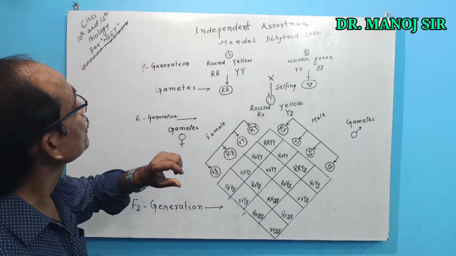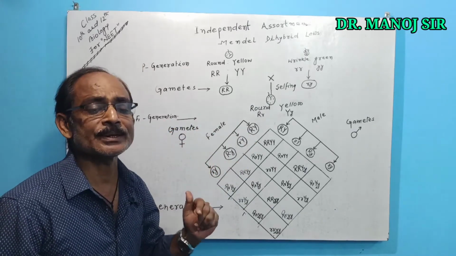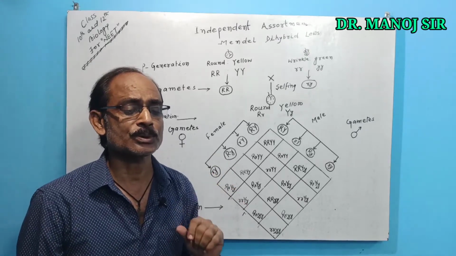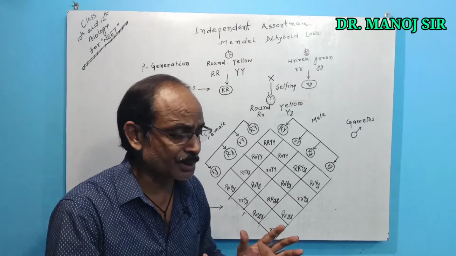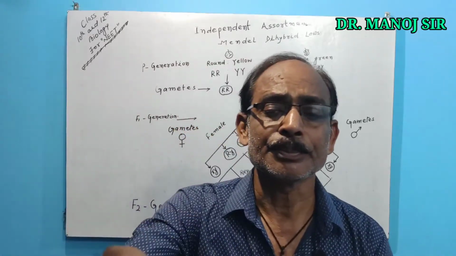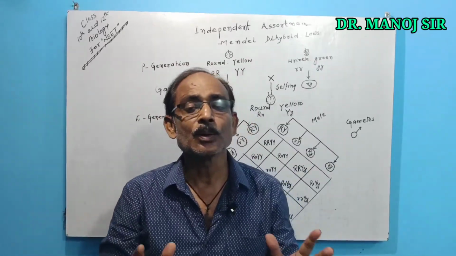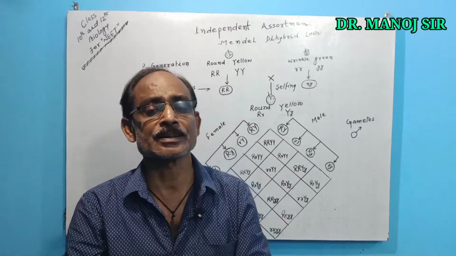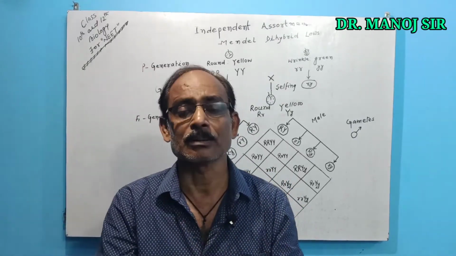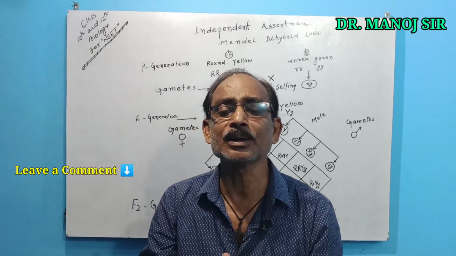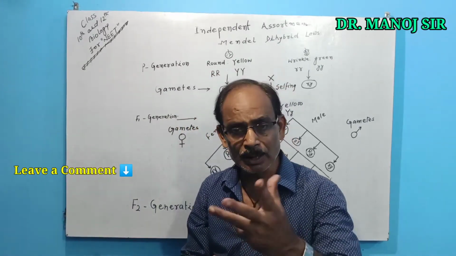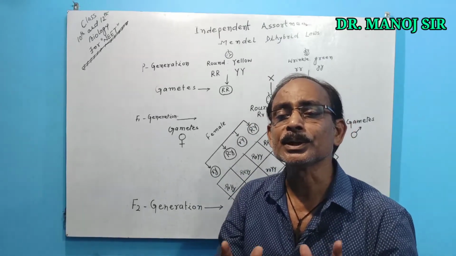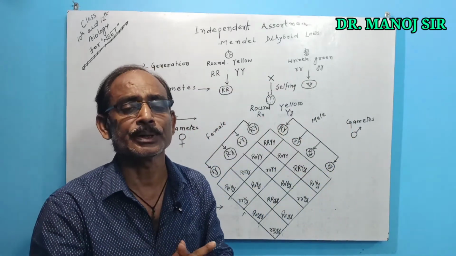When in the F1 generation, by selfing cross, one pair of unit factors will occur independently of the other pair. It means they will assort independently